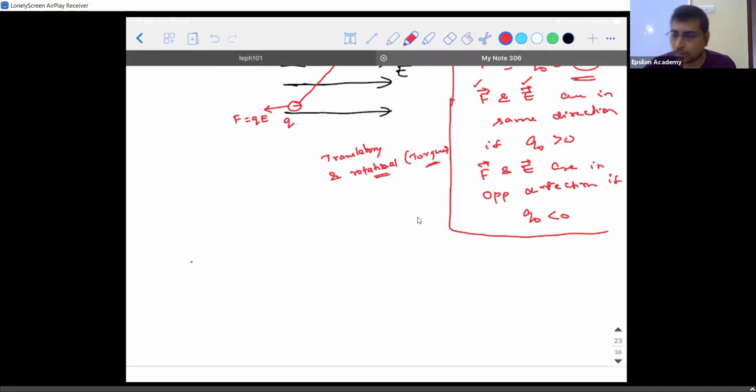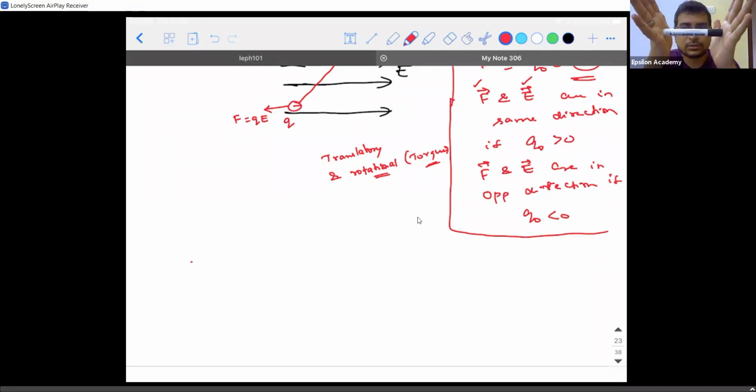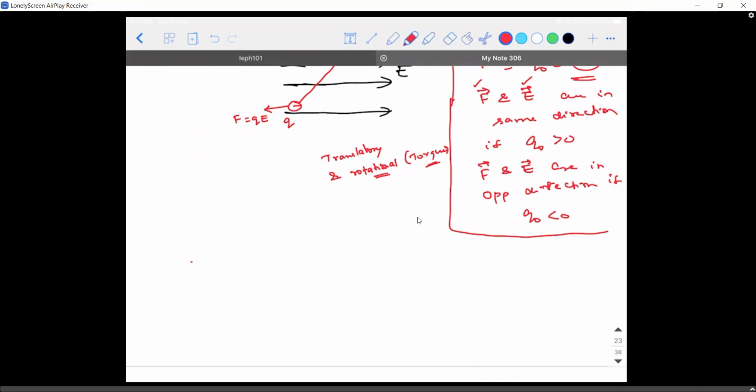I'll bring another object, which is not dangerous. These are all basics of physics, please understand. The reason I'm stressing this is that you need to understand, or else there is no point. So if I remove both my hands, what will happen? It will fall down. What kind of motion are you able to see? Translatory motion. What unbalanced force is acting on this? The gravitational force.